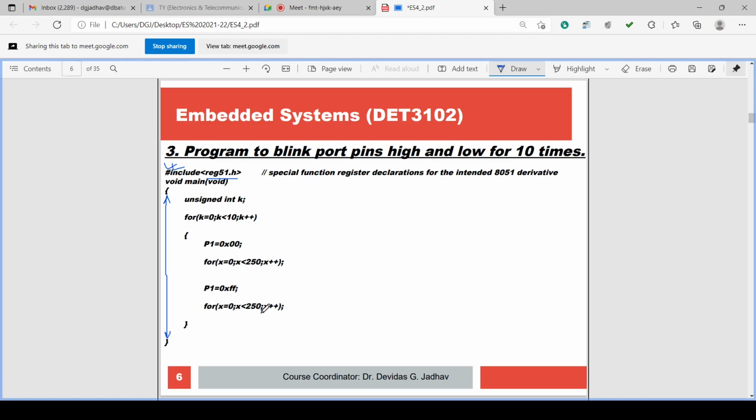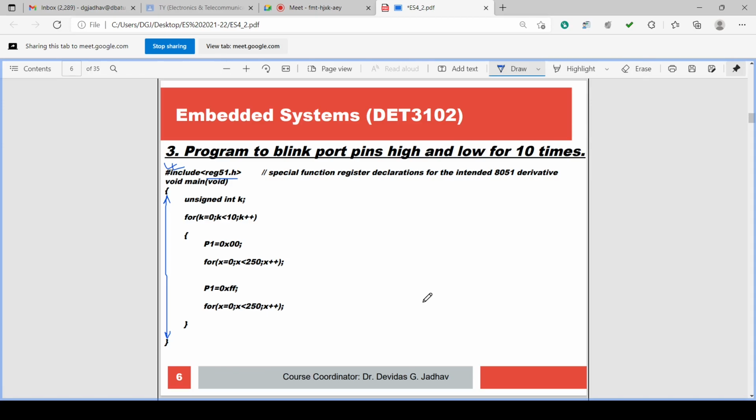Okay. So this will become the total block of the function within the curly brackets. Whatever is there, this is the block of the main function, and this is the main program. Then there is a declaration.